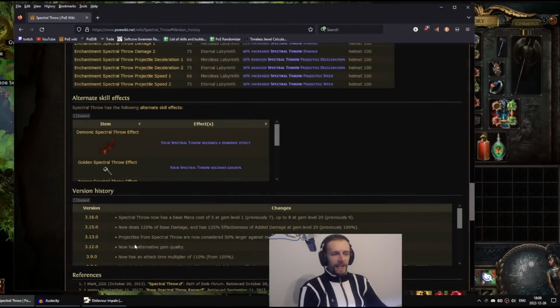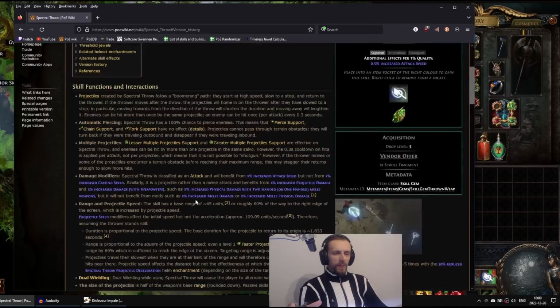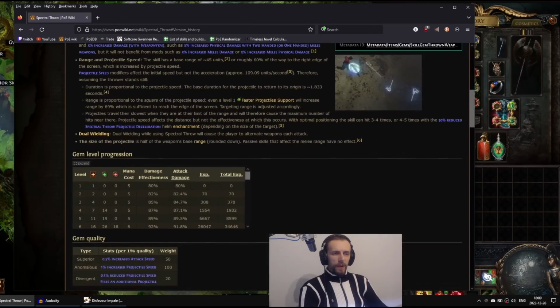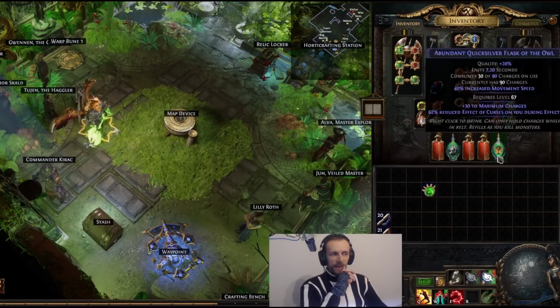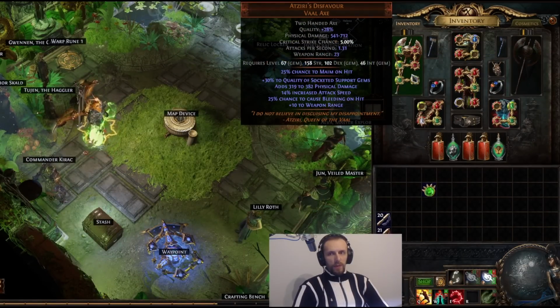Also in 3.13 there was a change which I'm still not sure what it meant. Projectiles from Spectral Throw are now considered 50% larger against monsters when checking for collision. So does that mean the base hitbox is now more than half of the weapon range? Or is it just a hitbox? But if it's collision, it has to also apply the hit. So I'm not sure. If you got some other ideas with the Atziri's Disfavour, let me know in the comments below,